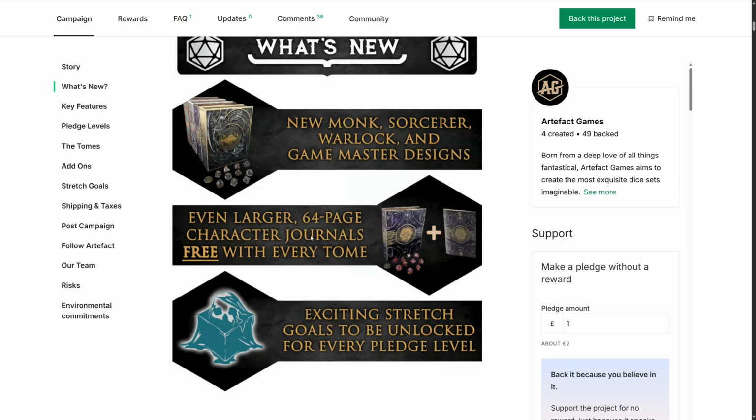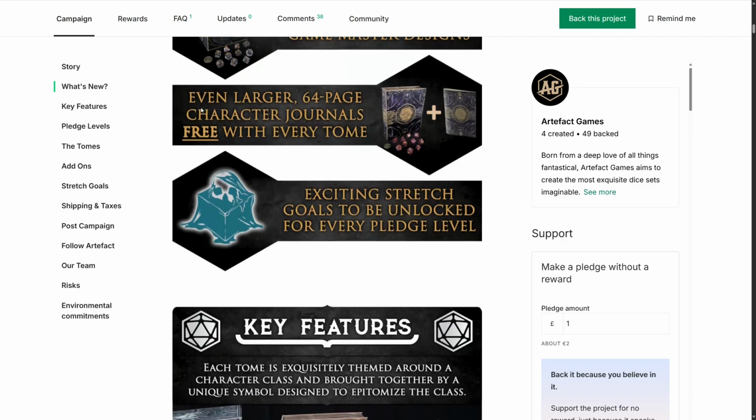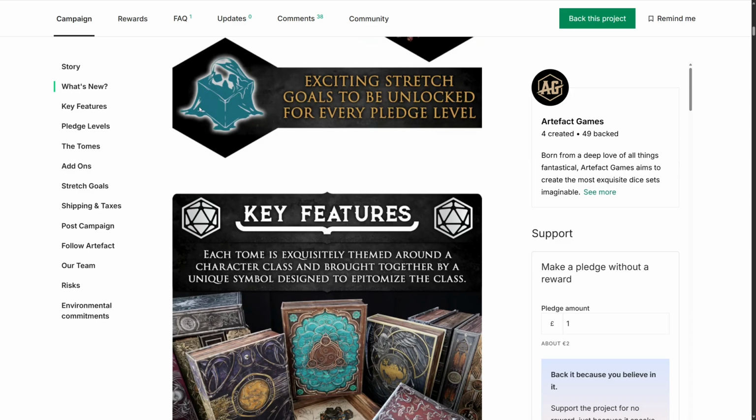I wonder what these look like. Exciting stretch goals to be unlocked. If there are some mind-bending stretch goals, or we get another look at some of these books, I'd probably come back with a follow-up video here because it's worth looking at. Because once you've finished your board game collection, or nearly finished, adding a few here and there, I mean, one or two a year,